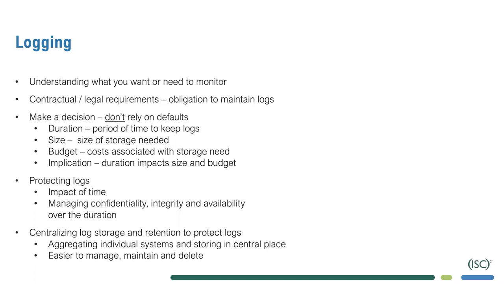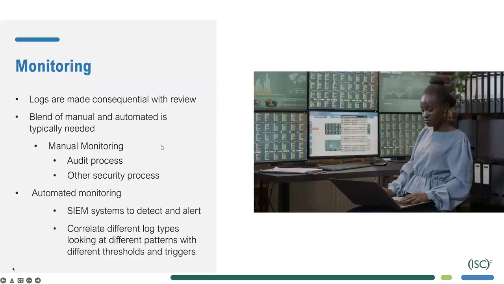We can start to look at, for example, perhaps our firewall logs and our user login information. By correlating those two things, we might be able to see external attacks in a broader context. There's unusual firewall activity and also a series of unsuccessful logins. And this is a very natural step towards monitoring. Logs are made consequential only with their review. If we never check our logs, if the logs are never used, we may as well not have them. There is no purpose to having them.